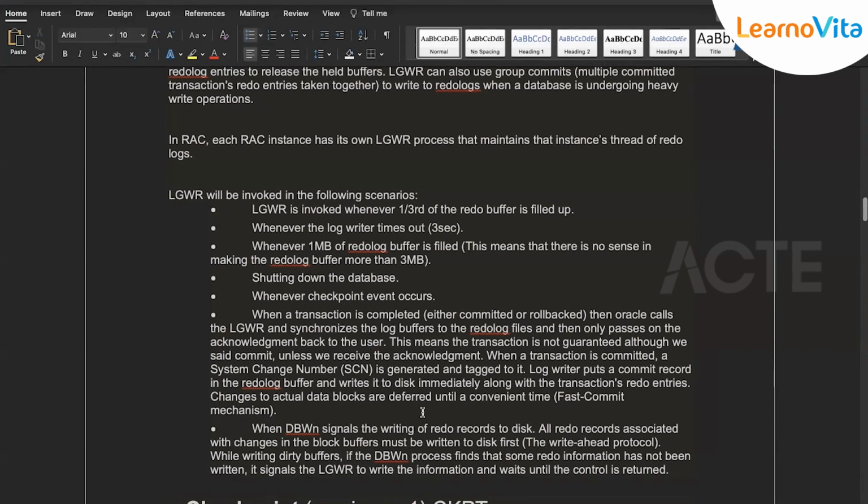Fast commit mechanism. When DBWR signals the writing of redo records to disk, all records associated with changes in the block buffer must be written to disk first. The write-ahead protocol. While writing dirty buffers, if the DBWR process finds that some redo information has been